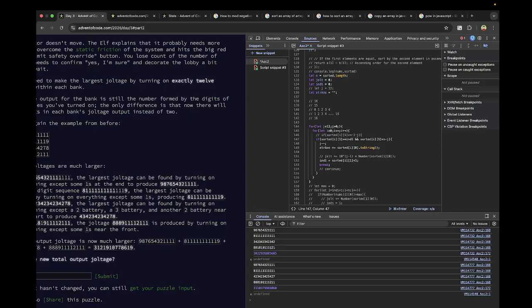If I have to pick two digits and my n is 16, then my current index should be like the number I'm at. J should start from 0 and then go up till 12. Let's just do that. Do J plus plus here. And so let's say I'm filling the first index. Then I just need